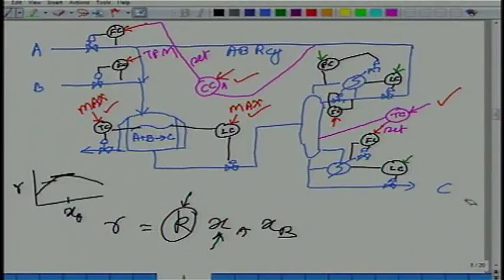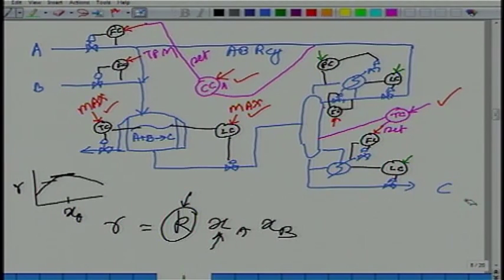Do you see what I am saying? What is my optimal throughput? So what is your optimal throughput? Maybe it is governed by the prices. How expensive is energy? What is the selling price of C? And what is the price that I pay for the raw materials A and B? Do you see what I am saying?